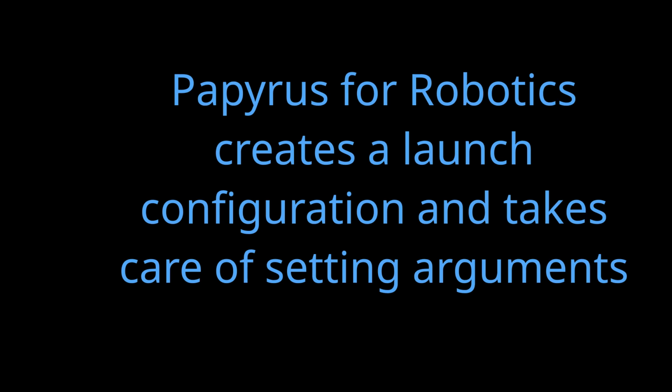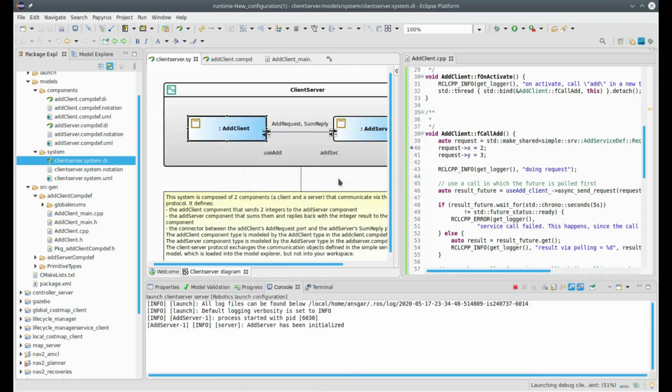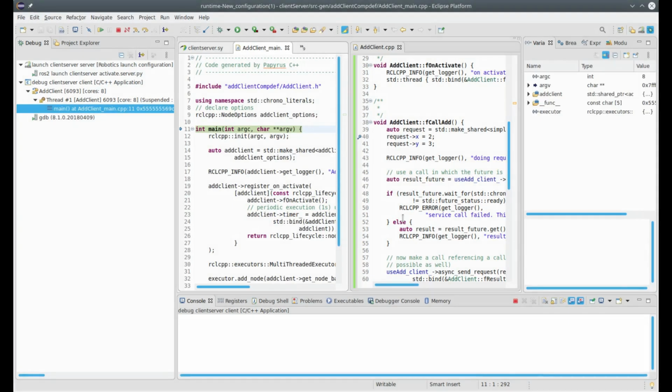When we launch the debugger via the context menu, Papyrus for Robotics will create a launch or debug configuration. This configuration contains the necessary arguments for the program to run correctly. So for instance, the required remappings and the ROS parameter file. Call it debug ROS2 code. And the first thing that CDT does when we debug a C++ application is to